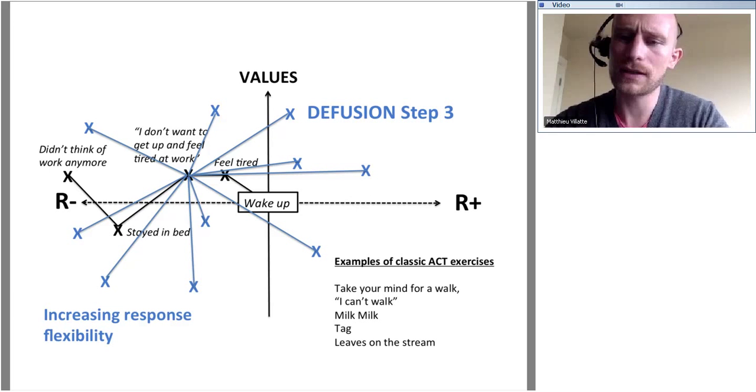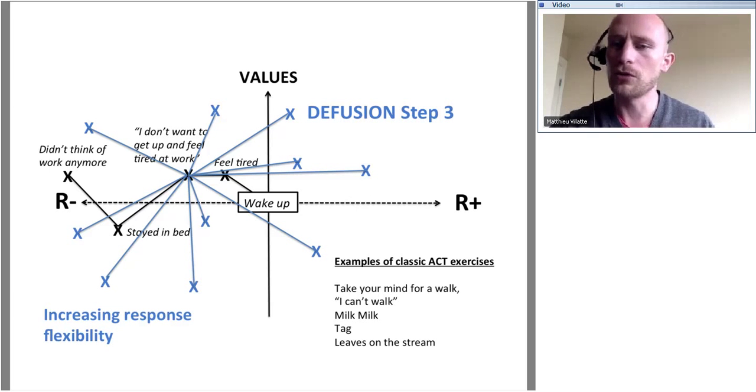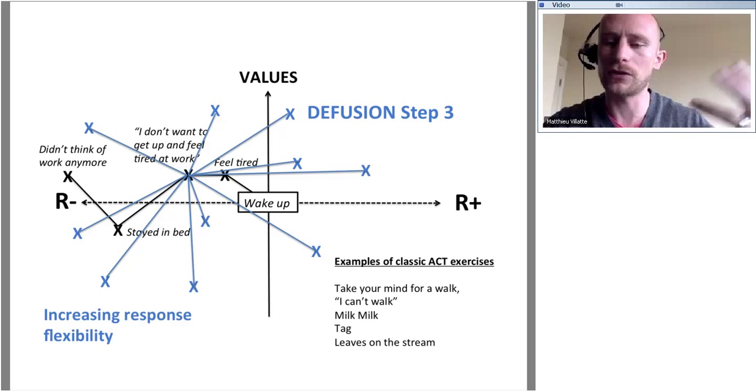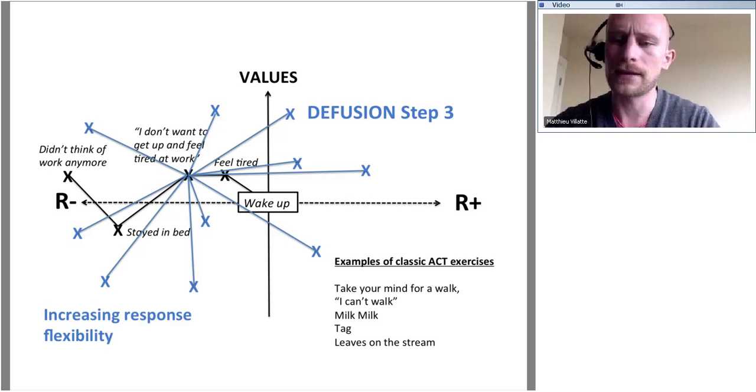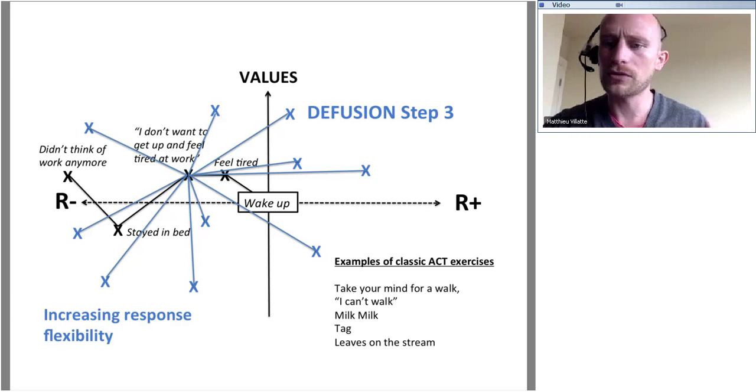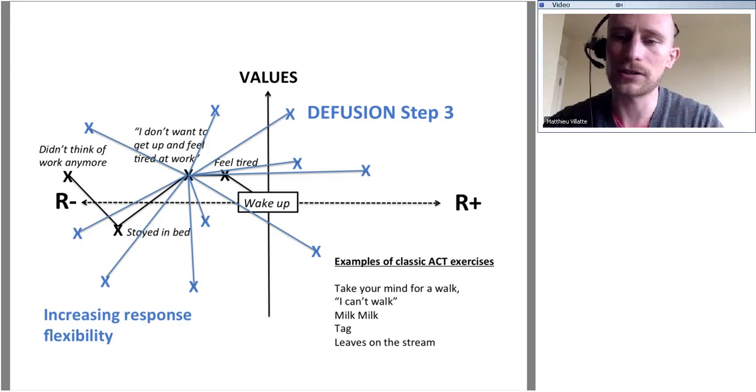Take your mind for a walk is a more elaborated version of this exercise that consists of formulating thoughts out loud. So, for example, the therapist will play the mind of the client. That's why we say take your mind for a walk. To go for a walk, it could be outside or in the corridor, or even in a room if the room is big enough. And you, the therapist, produce all kinds of statements out loud, observations, like, for example, say,